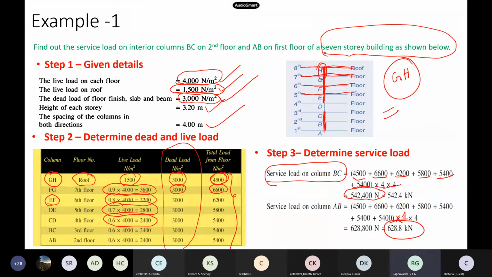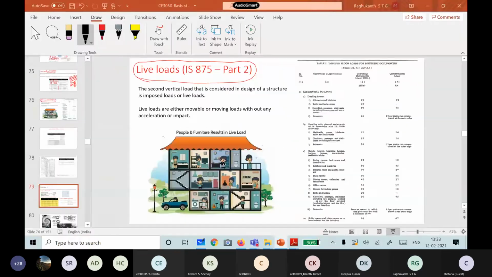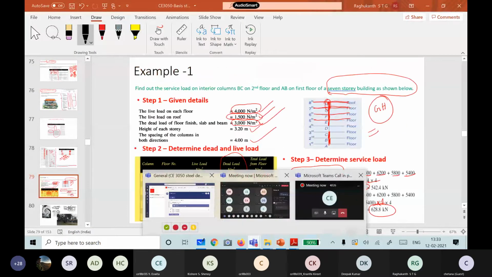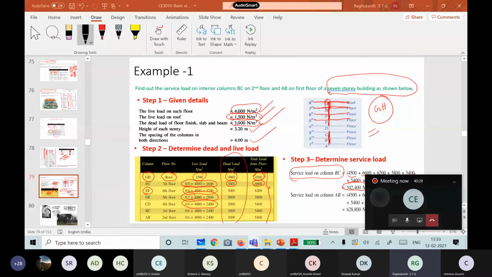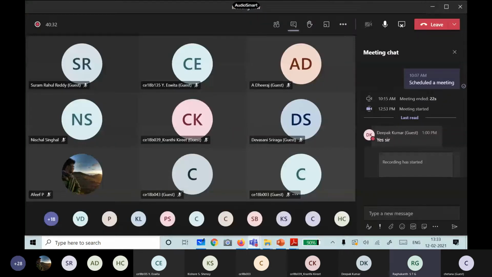Now, how much will be the load on GH? Are you there? All of you are there, right?